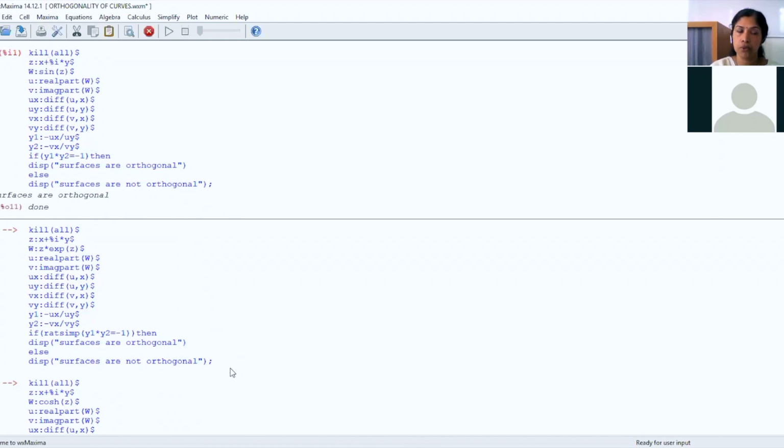The second one also, the question is in terms of Z. There are questions which I have given you which are in terms of Z, and there are questions which are in terms of X and Y alone. So that is not coming into the picture there. Only for those questions which are given in terms of Z, you will have to write the first command, Z is equal to X plus IY. We write Z is equal to X plus IY when our W is expressed in terms of Z.